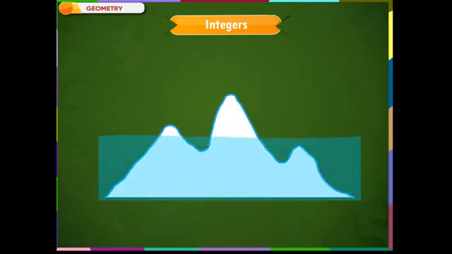You must have seen icebergs of different heights. Here, we see the tip of the first iceberg is at a height of 1 meter from the sea level. The tip of the second iceberg is at a height of 5 meters from the sea level. Now, how do we say the depth of the tip of this iceberg from the sea level? The depth is minus 1 meter. Here, we consider the sea level as 0, which is our reference level, and the depth is measured in negative numbers.